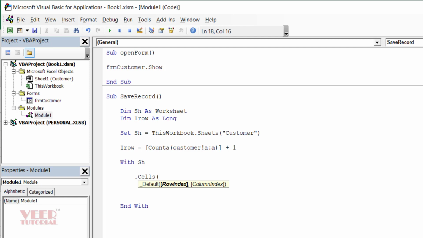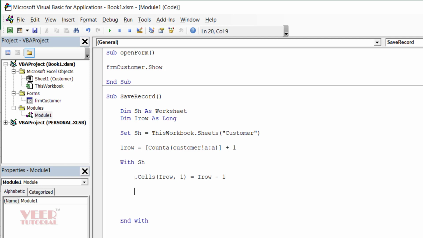So the row index would be iRow, comma, and the first one, and close it, equals to iRow minus 1. So this is for the header, sorry, 1. So this defines the header.